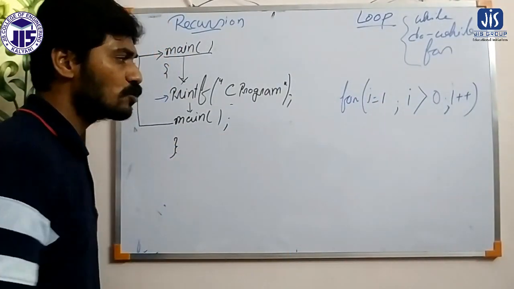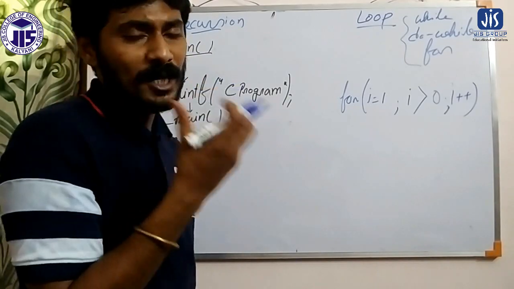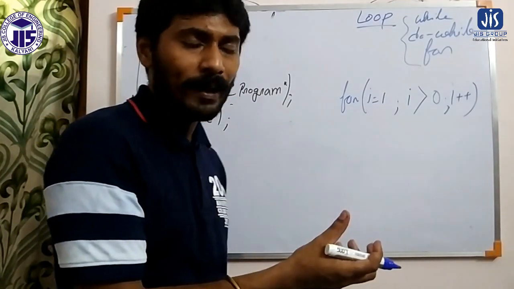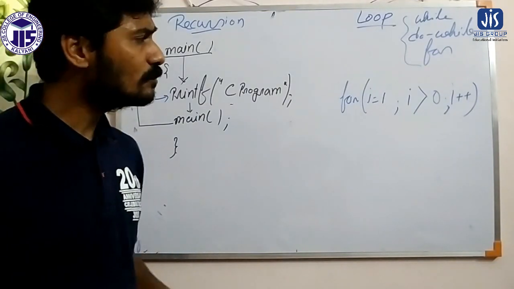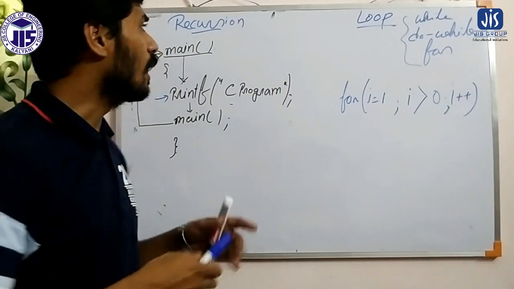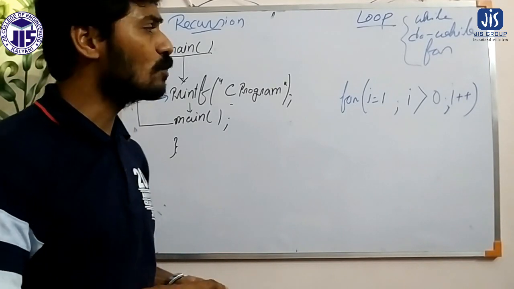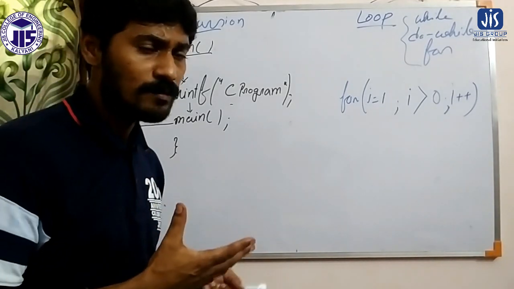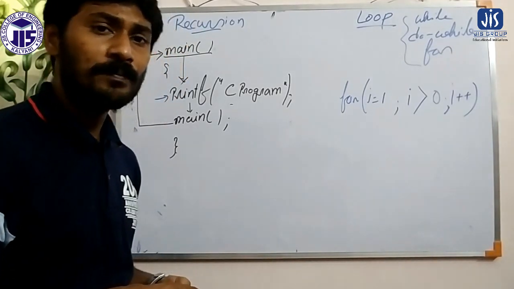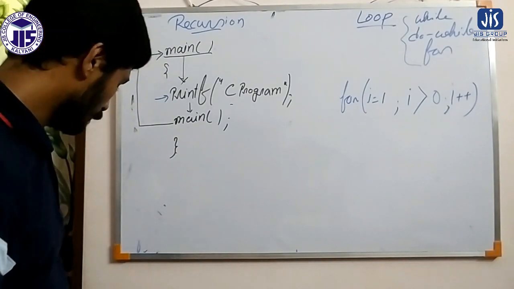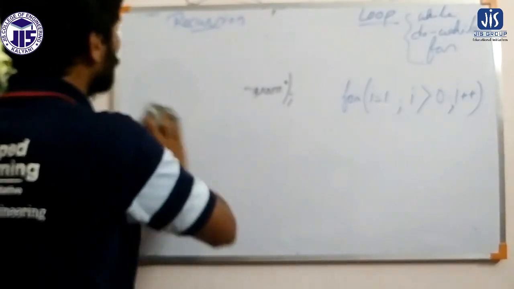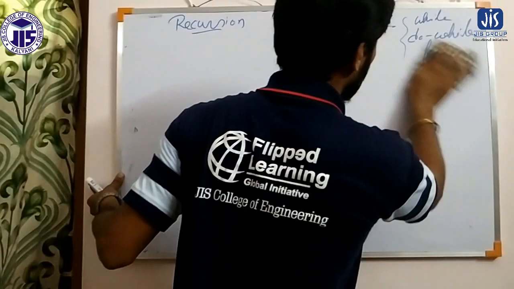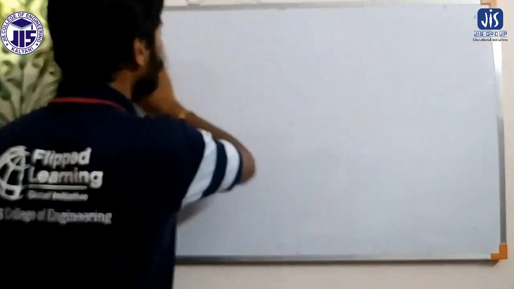In the case of recursion also, if the base value is not given or the condition is not applied, then recursion will also lead to an infinite loop. So that is the similarity between loop and recursion, where we can use a particular set of statements multiple times, and both can lead to an infinite loop. Now, how can we apply this concept of recursion in a program, or in what type of problem can we do it?